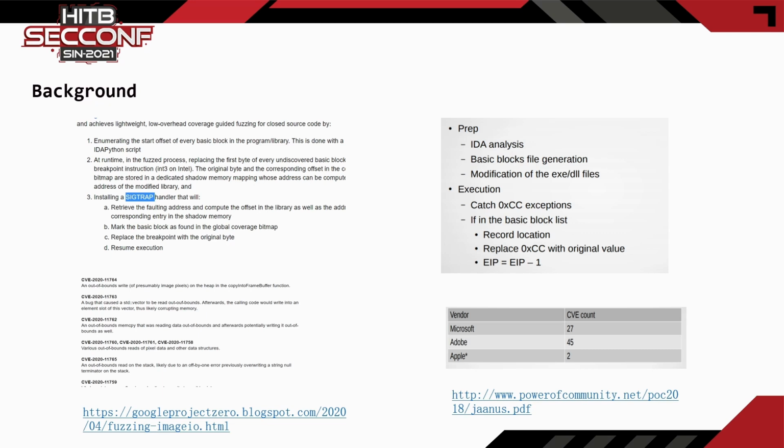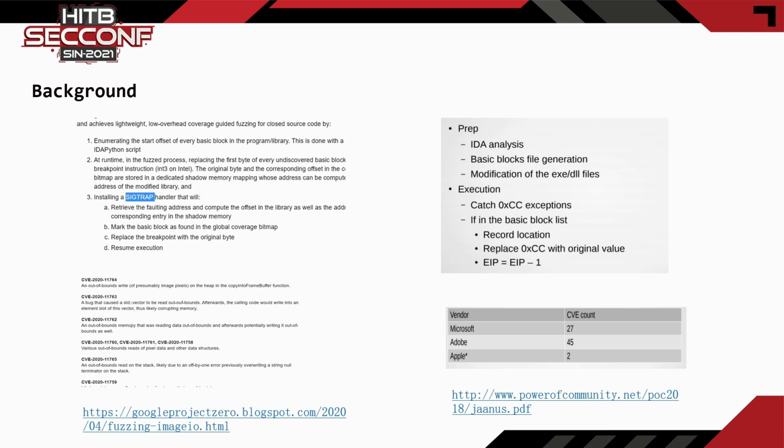It first obtains the start offset of each basic block in the program through IDA Python. Then it patches the module in memory, which just replaces the first byte of every basic block with 0xcc. 0xcc is the breakpoint instruction on Intel. Then it registers a SIGTRAP handler to handle the breakpoint events, and finally gets the basic blocks that have